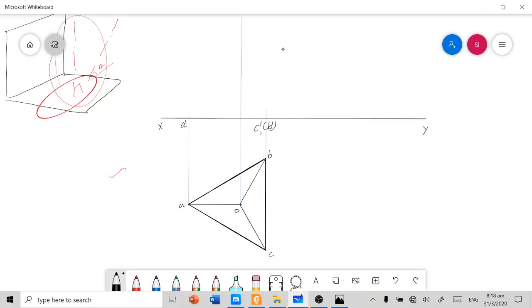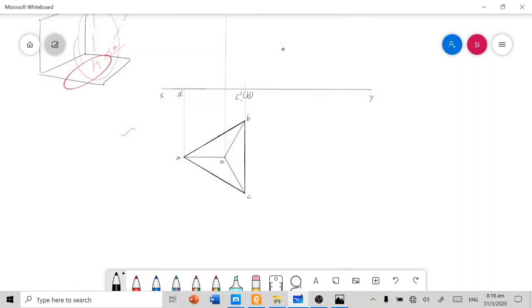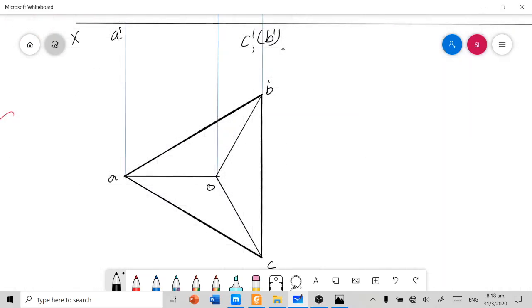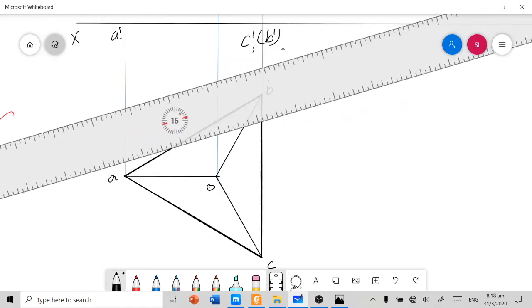And in order to mark the o dash, generally in all pyramid or prism problems, we are provided with the axis height of the solid. But in this tetrahedron problem, we need not have the axis height. Without having the axis height, we can mark the apex point in the lateral view by locating the o point here. Let's see how I am doing this. For that, we need a compass tool, but in this application I don't have a compass, so I will explain how you need to do that.